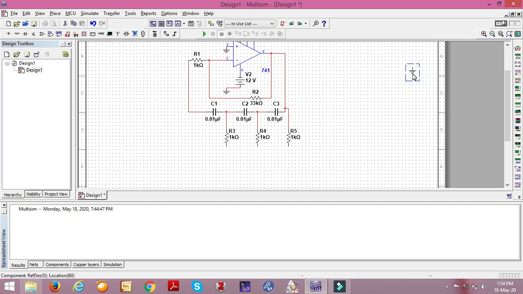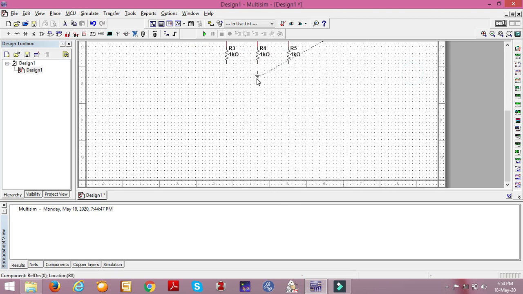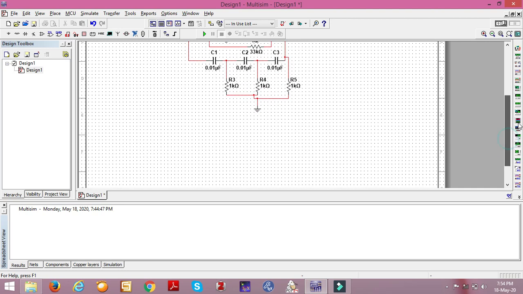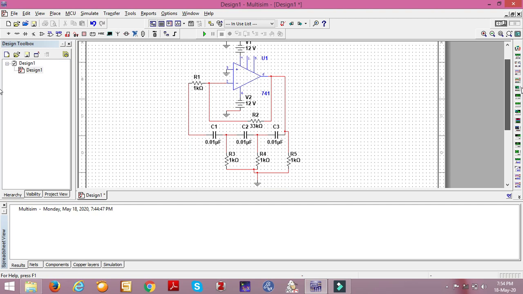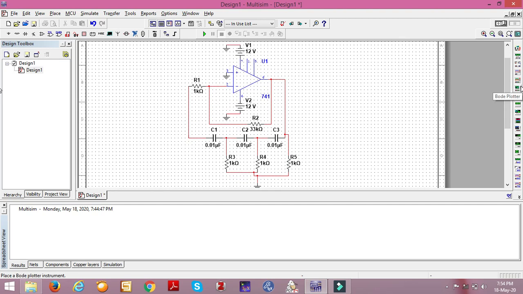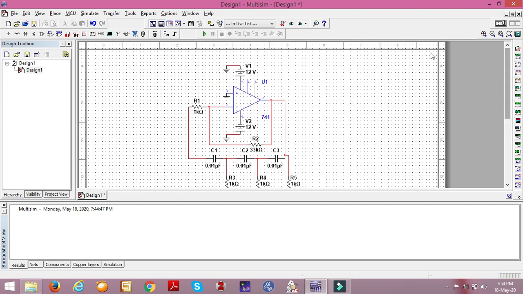The other end of the 3 resistors should be grounded. So first connect all the 3 ends, and it should be grounded. I think the circuit connection is over, and supplied with appropriate supply voltage plus 12, minus 12.